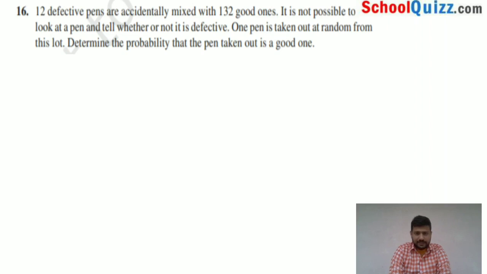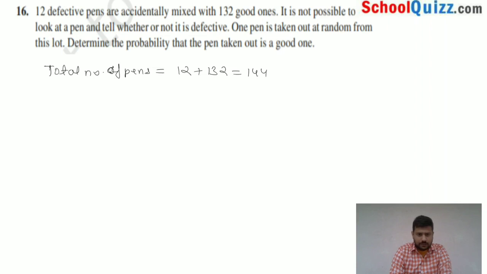Now the total number of pens we have is 12 plus 132, which is ultimately equal to 144. The total number of good pens is equal to 132. So the probability of getting a good pen